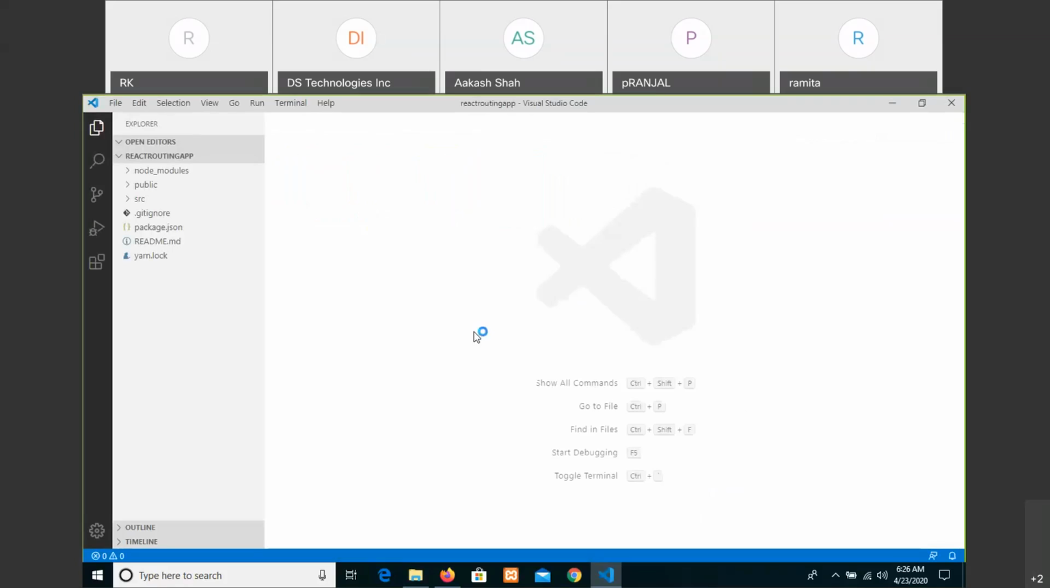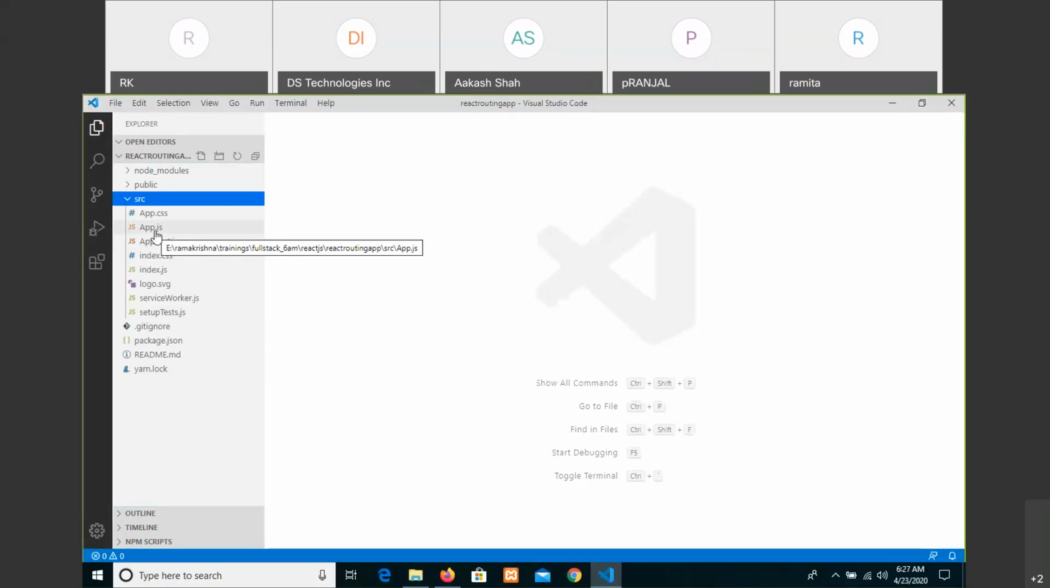Now, as we know how we can create the components, here we have to create a few components. One is a separate component for navigation, then a common template design as a separate component, and then pages. So in the app.js file,